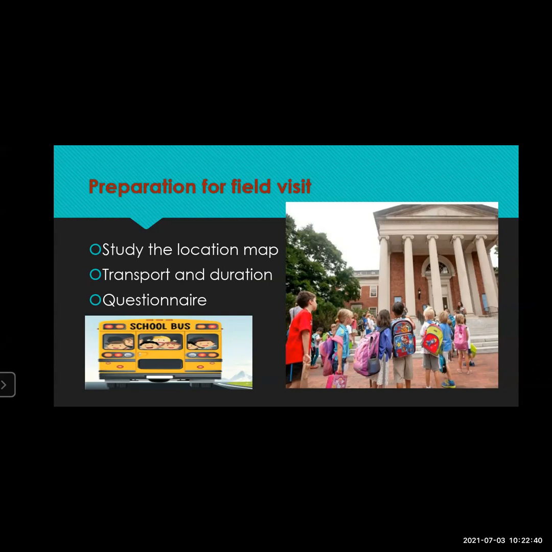Then next, before going to that place, you will study the location map. Location map is very important. Where is the location situated? How far will it be? Is it a crowded location or an isolated location, that you have to see. Then the road map: how you're going to go, which route you're going to take, which will be the closest route instead of going round and round. In order to avoid the further consequences or problems which are going to come, it is very important to do the planning.